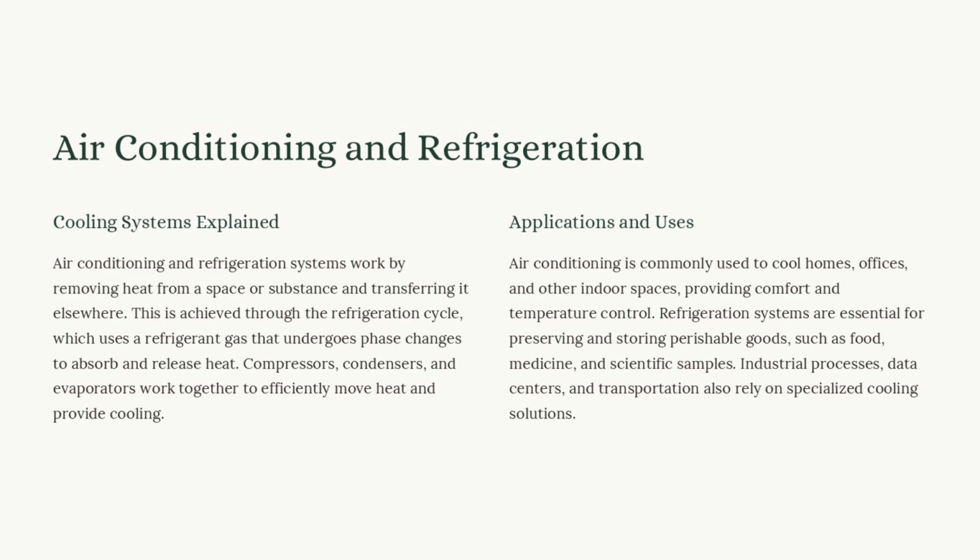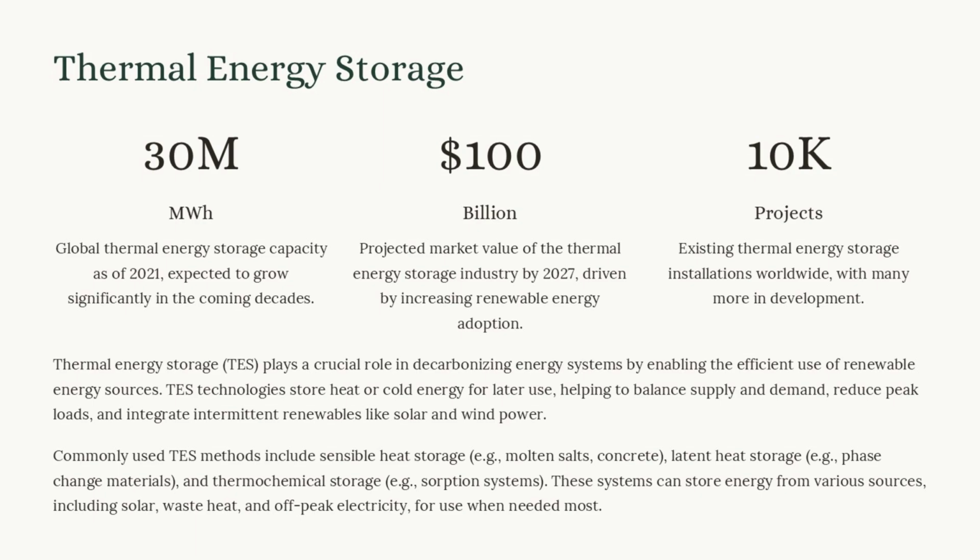Refrigeration systems are essential for preserving and storing perishable goods, such as food, medicine, and scientific samples. Industrial processes, data centers, and transportation also rely on specialized cooling solutions. Global thermal energy storage capacity has reached 30 million megawatt-hours as of 2021 and is expected to grow significantly in